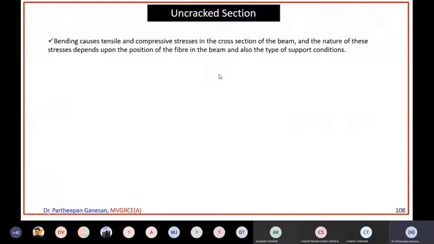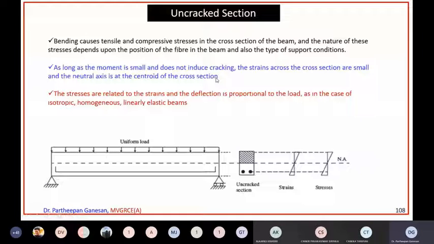Suppose you have a stress-strain curve. Now you are loading the structure only up to the linear part. Although your curve may extend somewhere here, you are applying load only up to the linear part. That is, the load is very small, because stress is proportional to strain. You see the stress is linear and the strain is also linear.